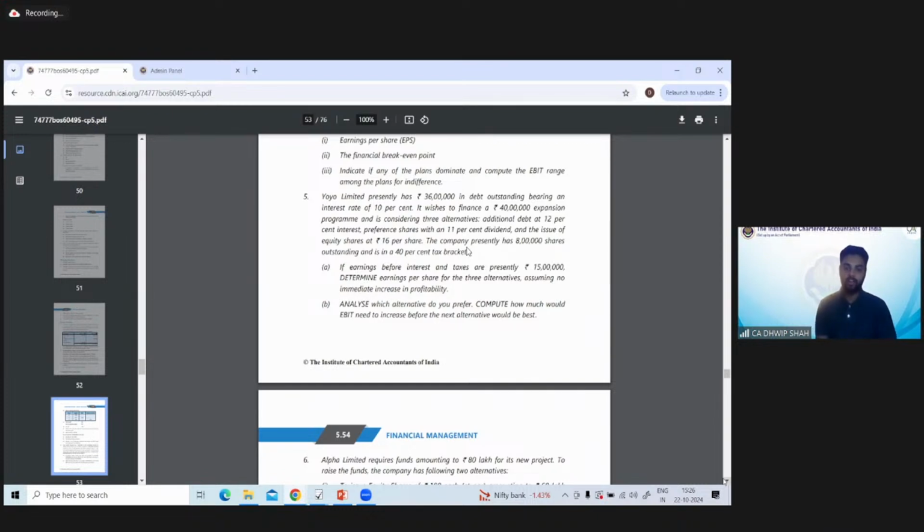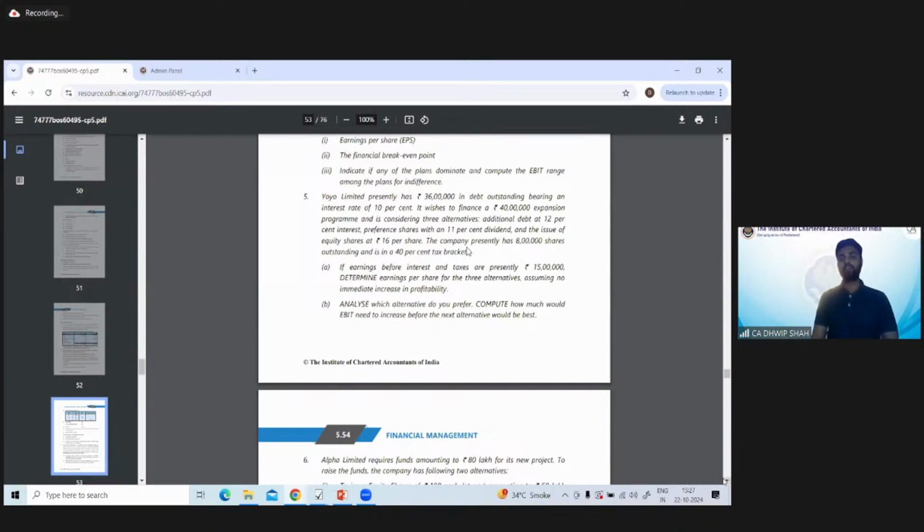Now there are 3 alternatives to raise this 40 lakhs. Alternative 1, raise through additional debt at 12% interest, or raise through preference shares with an 11% dividend, or raise this 40 lakhs at the issue of equity shares at 16 per share. The company presently has 8 lakh shares outstanding and is in a 40% bracket. If earnings before interest and taxes are presently 15 lakh, determine earnings per share for 3 alternatives, assuming no immediate